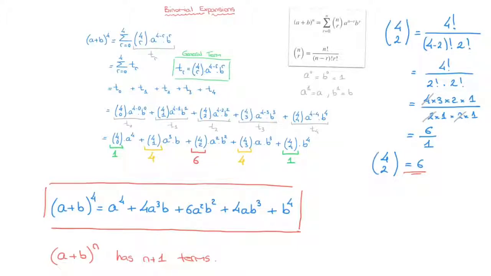So in our next couple of tutorials, we're going to spend a bit of time learning about the binomial coefficients. We'll be seeing how to calculate them efficiently, as well as learning a few tricks. In particular, we'll see why the first and last terms are always equal, as well as why the second coefficient going from left to right is always equal to the second coefficient going from right to left. So do make sure to watch those. For now though, that's it for this tutorial.